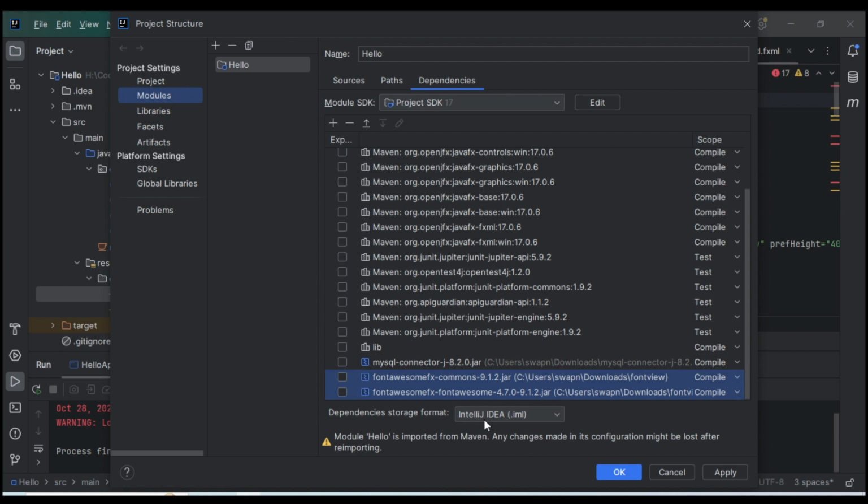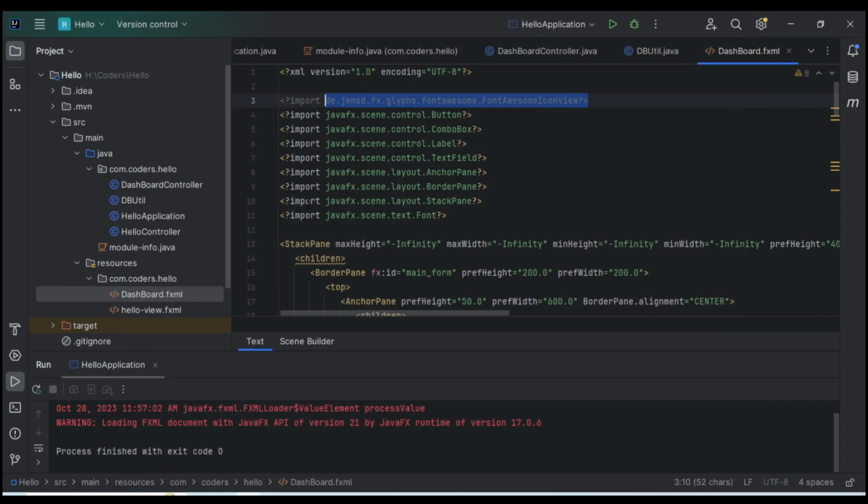So it has imported the jar file. I will just click on apply, OK, and it will remove our error. Directly, without adding the model, because it has added that in the scene builder, so that is why we don't have to add that. After that, we have to just save this. And if you want to see how our application looks,